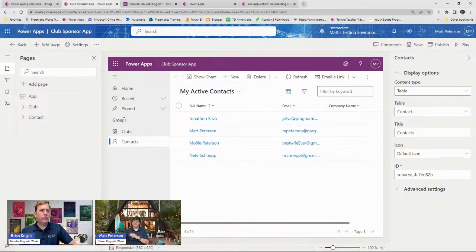Now I could make modifications, call these different table display names inside of here, but I'm going to keep it just clubs and contacts. Actually, no, I'm going to take this contacts. Let's make it more accurate. These are for my teachers, so I'm going to change that over to teachers here. It doesn't change the name of the table, it just changes the way it's displayed in the application. So now I'm going to save this, I'm going to publish it,